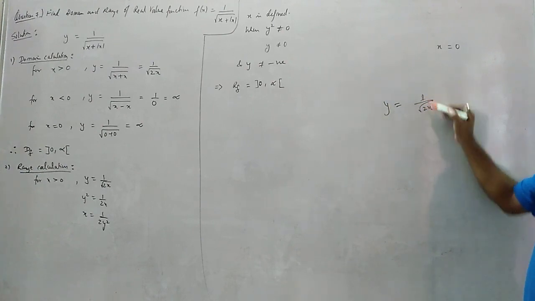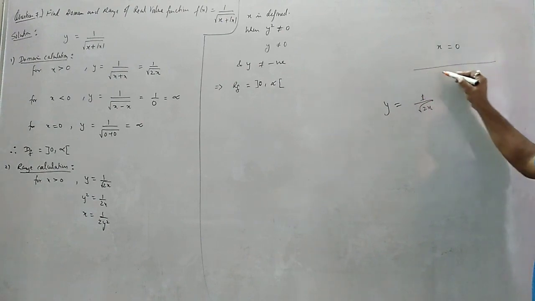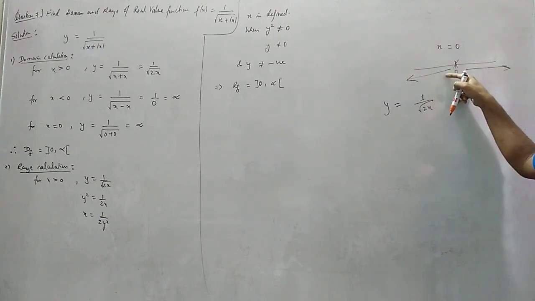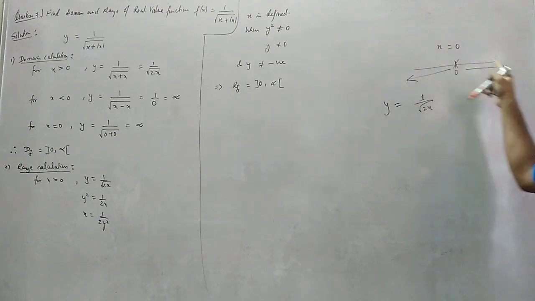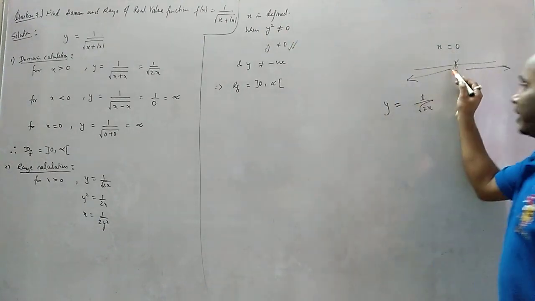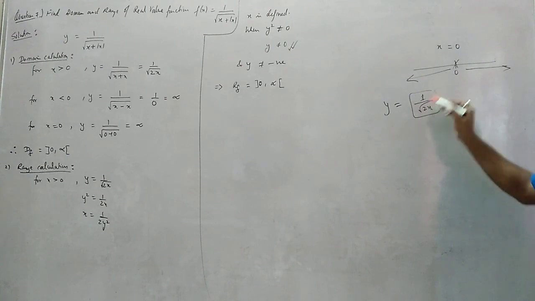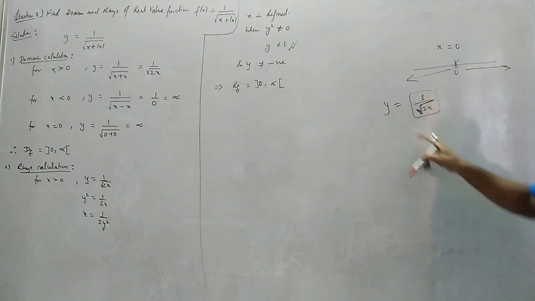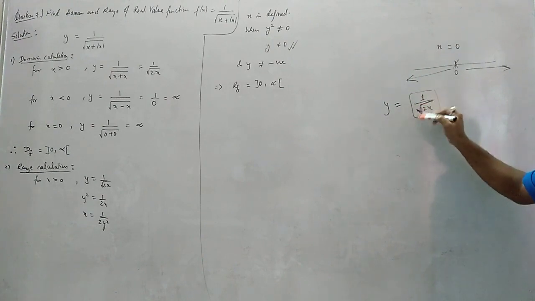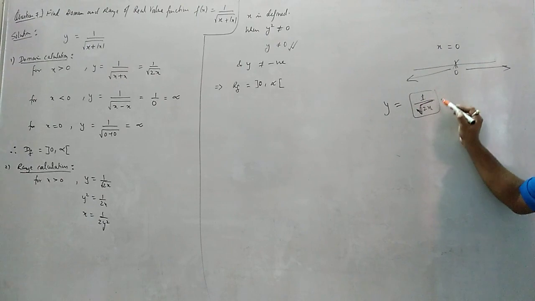Okay. Now that means all the real numbers except 0. 0 नहीं आ सकता. बाकी कुछ भी आ सकता है. 0 को इस तरफ भी आ सकता है. 0 को इस तरफ भी आ सकता है. That means y can be negative also. y can be positive also. That is told by this statement. But do you think y can be negative? Because we have seen what is y. 1 by under root. Already we have under root. We are not converting square into root. It already has under root. It can never be negative. It will be always positive.